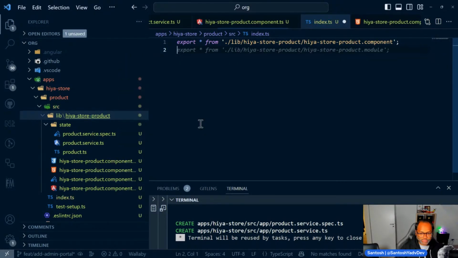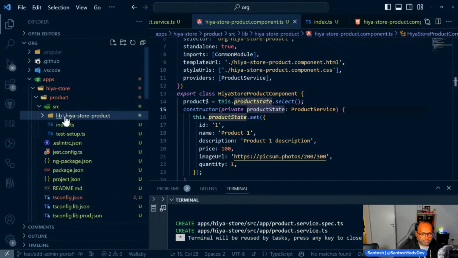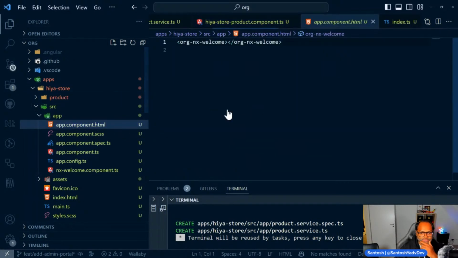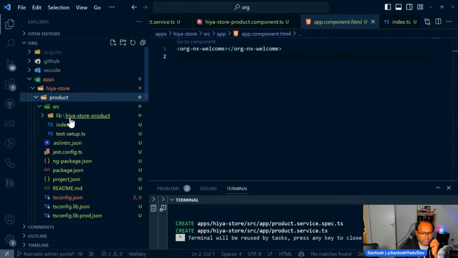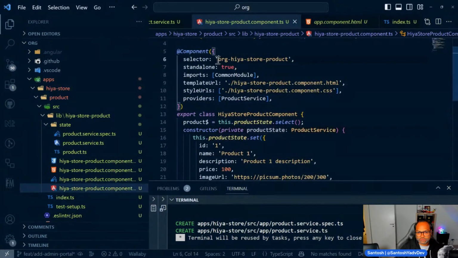I think right now the component is more than enough. And if it gives us an error, I mean, we will fix it. And then we can go to app component.html. Just let's use the new component which we have created as it is. We are not going to change anything. So I'll say, okay, this is